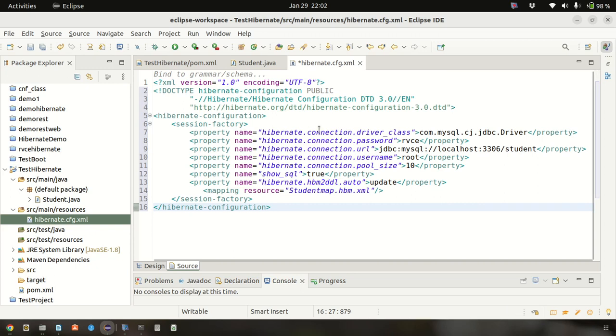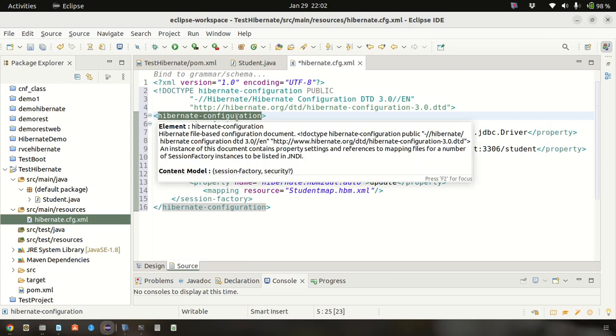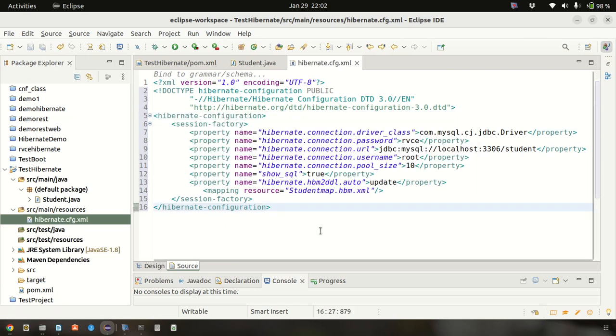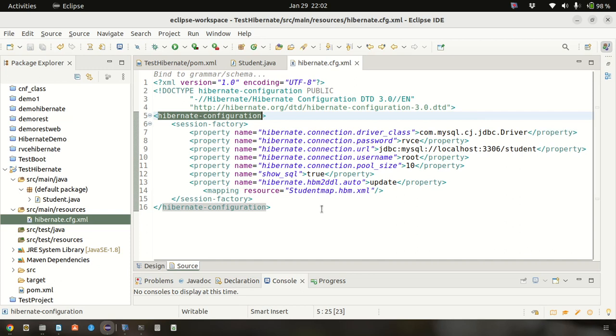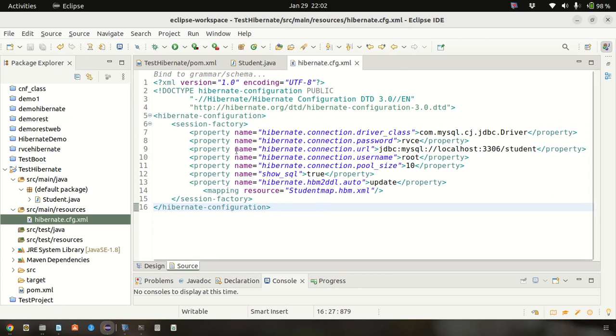Now there is a driver. See, this is my SQL driver which it is going to connect to. For a particular Hibernate configuration, this is my XML file. In this XML file, we have a tag called hibernate-configuration. Inside that, we have the session factory configuration details. In the session factory, you have many different properties: driver class, password, URL, username, and pool size. Pool size means